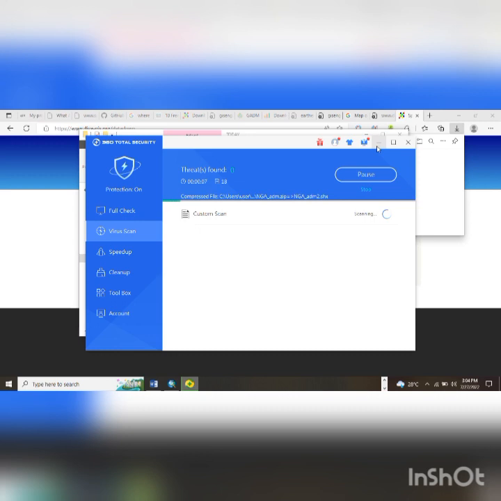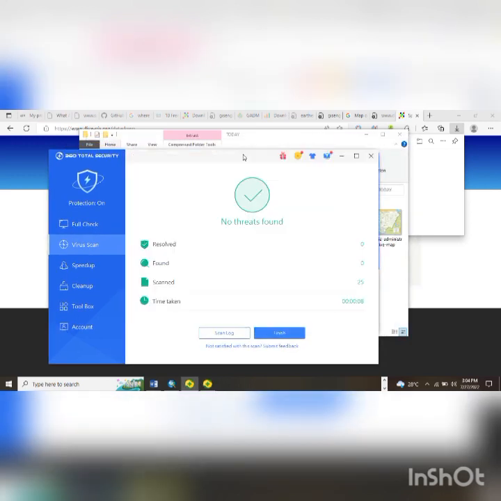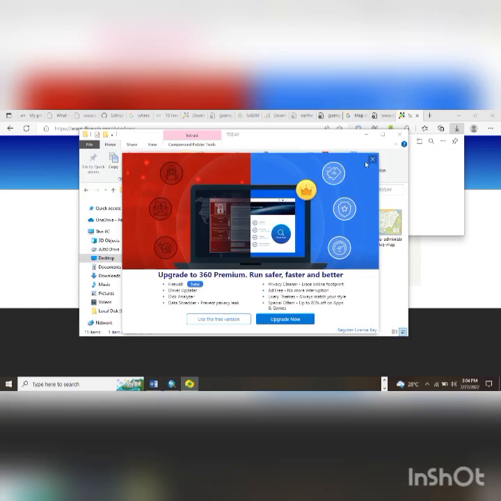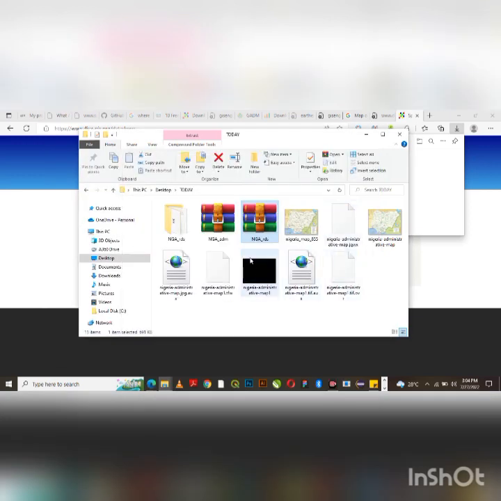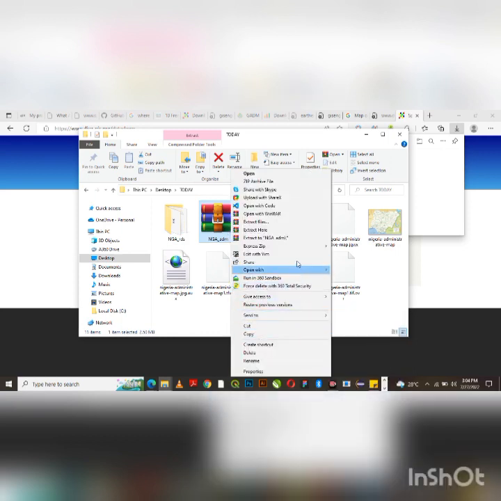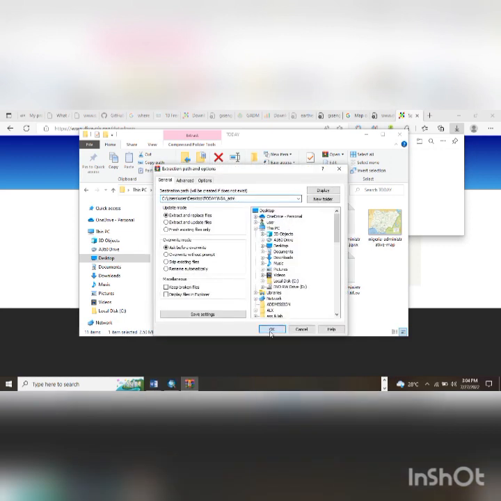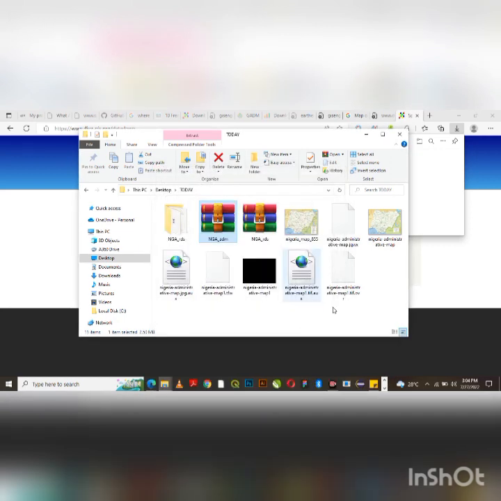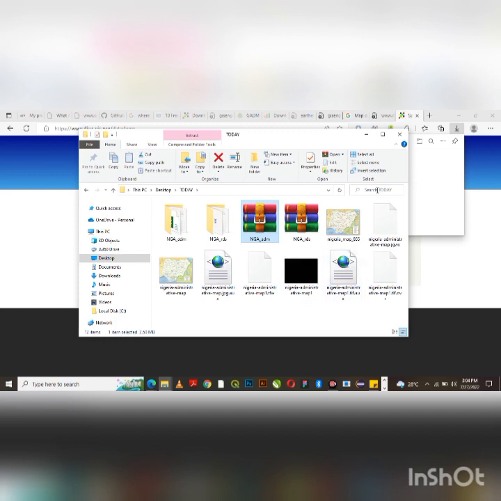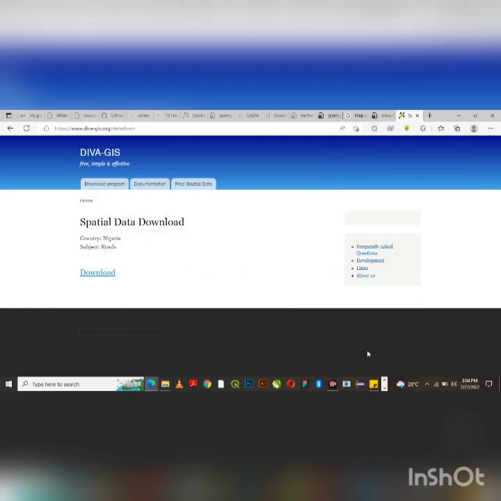Hope this is not attacking the file. Okay, no thread found. Thank you. So we've extracted this. Let's extract this admin too. So we will extract this too. So when we are done with the extraction, we can then come to